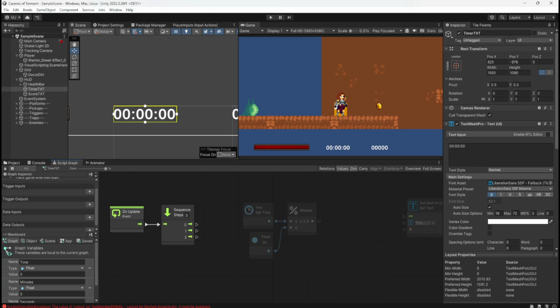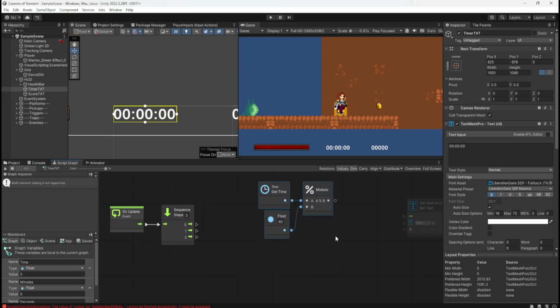Okay. Right, so the mod stops it from... Right, okay, that makes sense. Divide seconds by 60 and ignore the remainder. Okay.